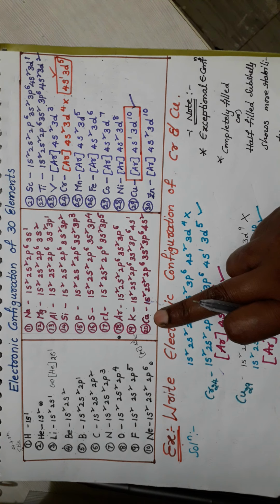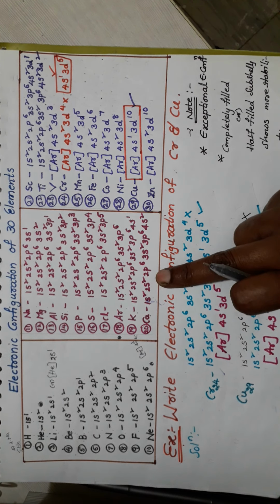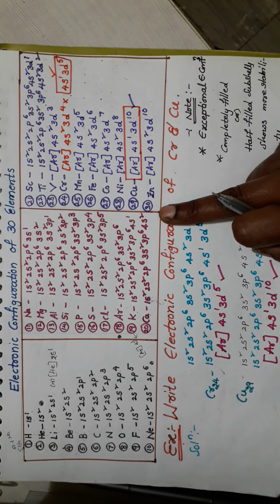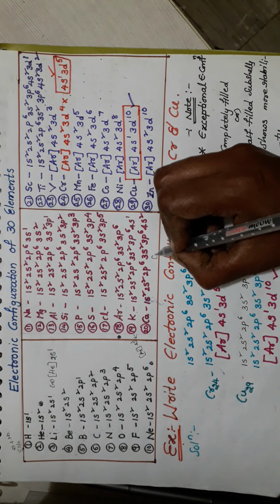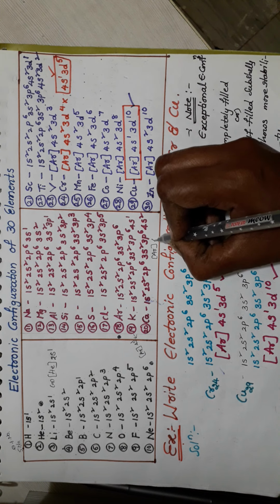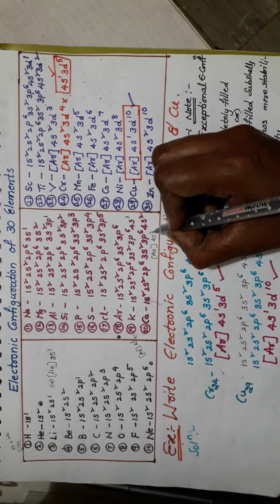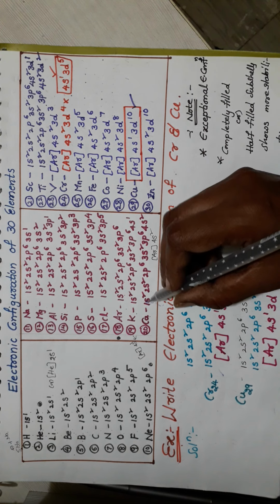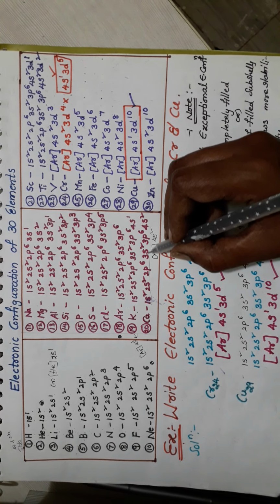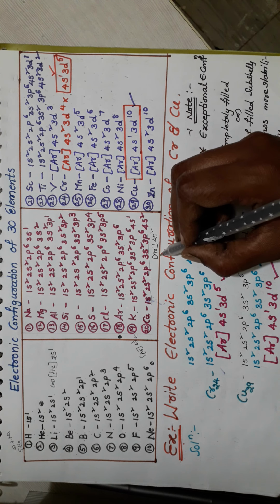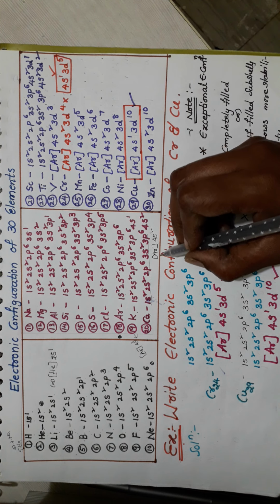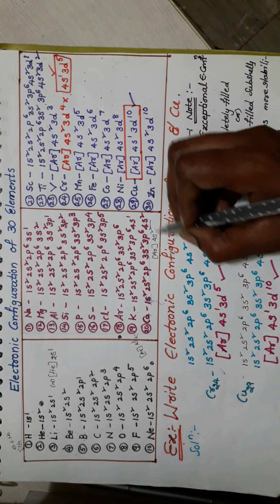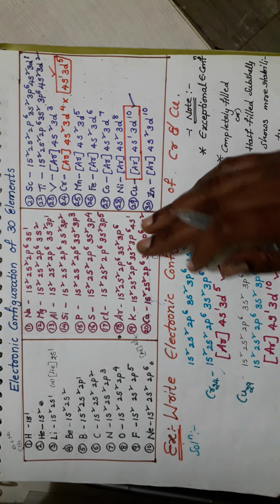Okay, so calcium, atomic number 20: 1s2 2s2 2p6 3s2 3p6 4s2. Directly here you may write down argon configuration and 4s2. So it is also equal to this one, nothing but in the place of these 18 electrons directly you may write down argon. Okay, argon element configuration, and the remaining 2 electrons are there, that is 4s2. Okay, so this is the pattern.